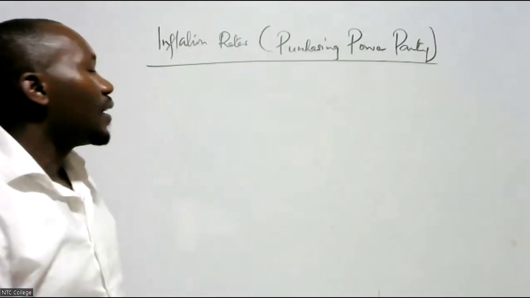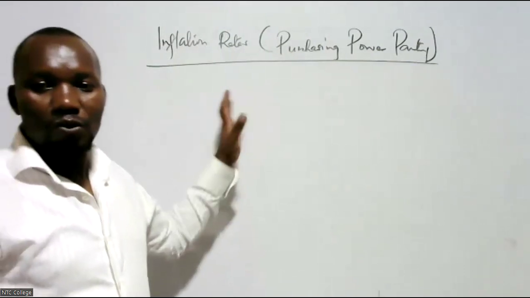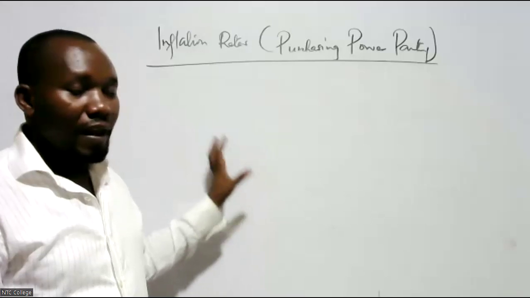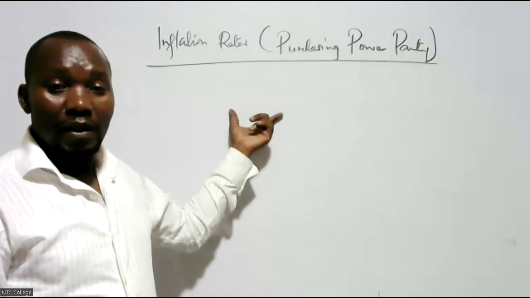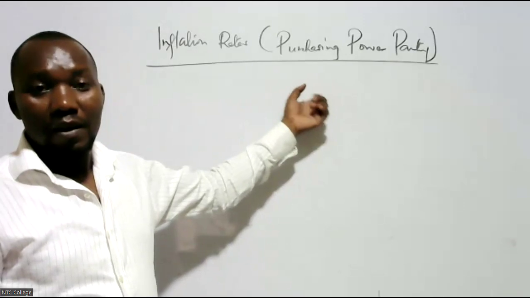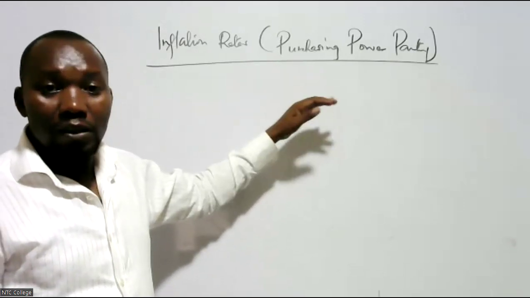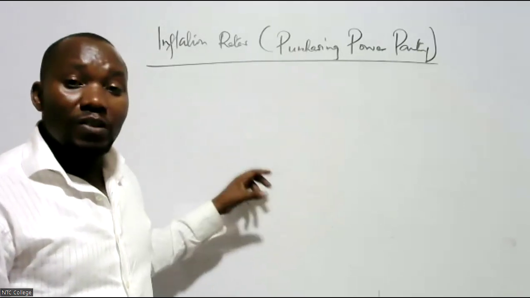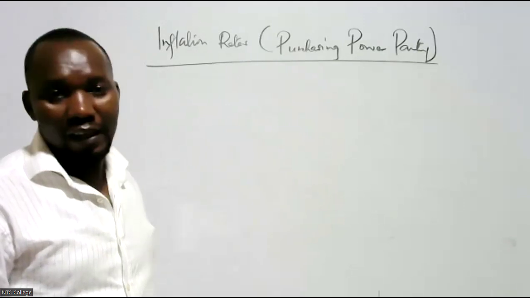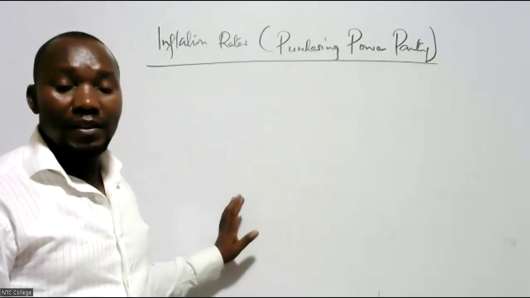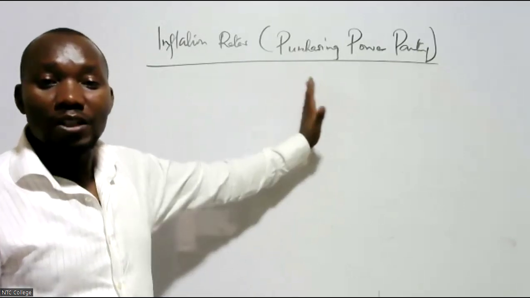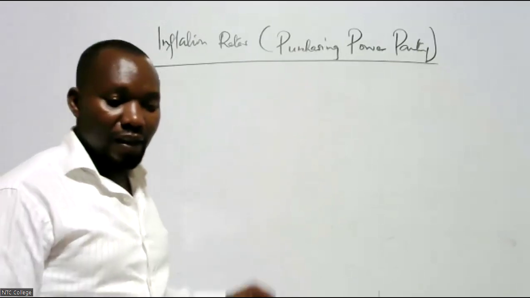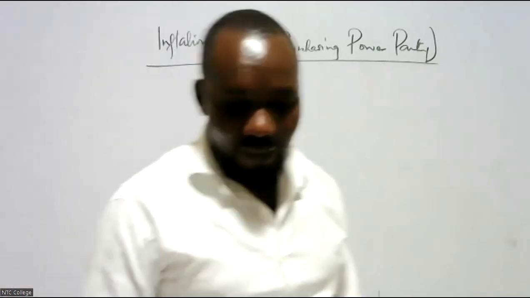Are we okay? Uganda has its currency, we have agreed. Kenya has its currency, we have agreed. A loaf of bread in Uganda will cost you something. If you convert that something to Kenyan shillings, that should be equivalent to the same price of the loaf in Kenya. If they are different, then it means that one country has inflation, another one does not. Or inflation in one country is higher than in another country. And that is why we are saying that the purchasing power